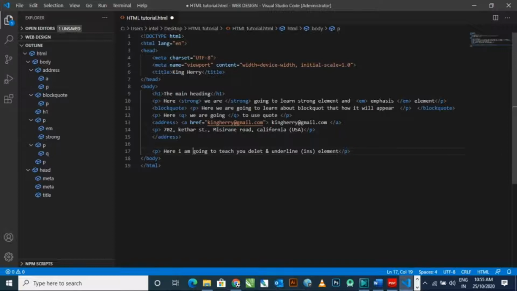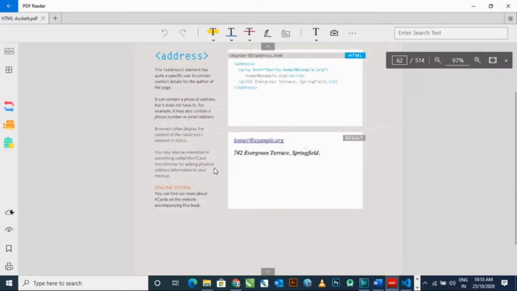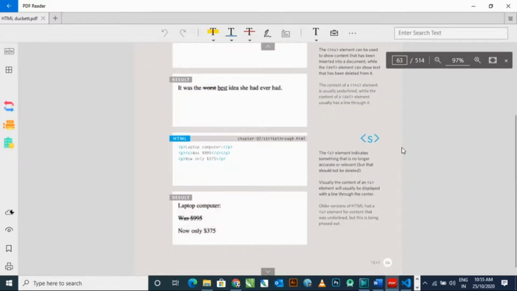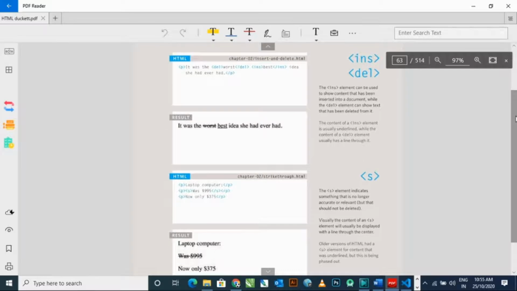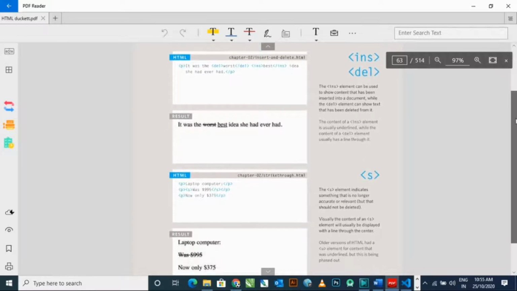I am deleting this word, going. So before the word going I am typing the del command. I am simply typing the del command. You can see here the HTML path of delete and ins, and how it will appear on our browser window.